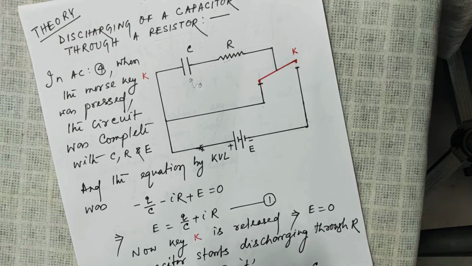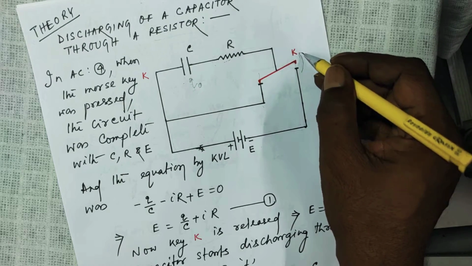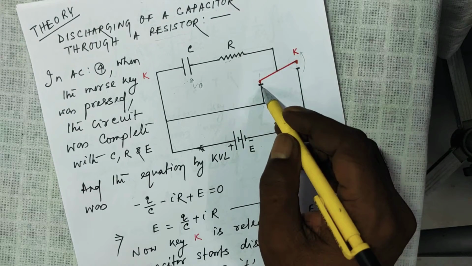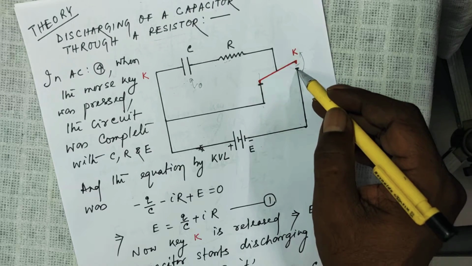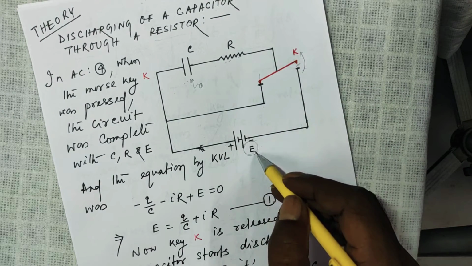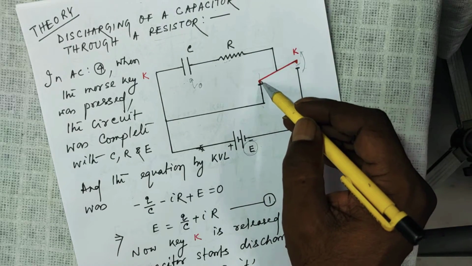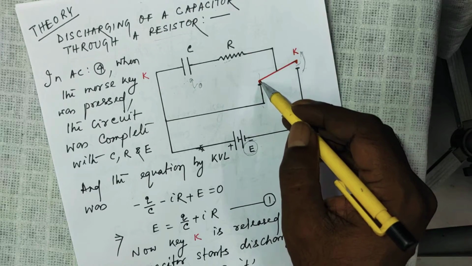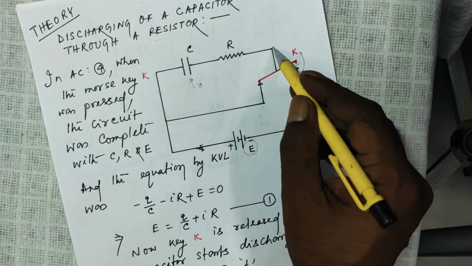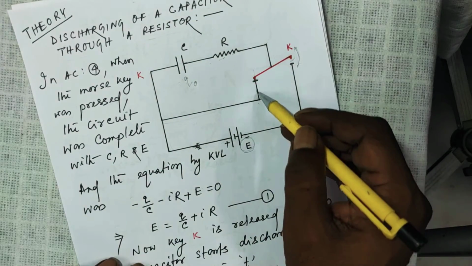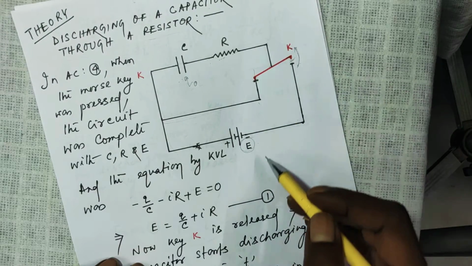Now the discharging. Now this key is released, means moves up. This point comes in contact with this point. So since this is released, there is a gap here. So this EMF of the cell is no more in the circuit. Now which circuit is complete? Now look, this is in contact. When this key is released, this point touches this point. So now this part is complete. This is the complete circuit. And in this complete circuit, there is no EMF. This is no more there because this is disconnected here.